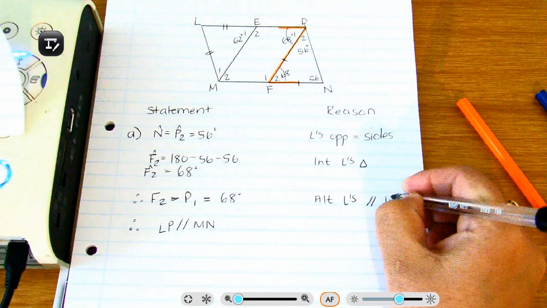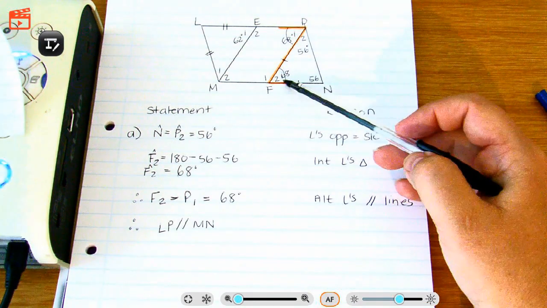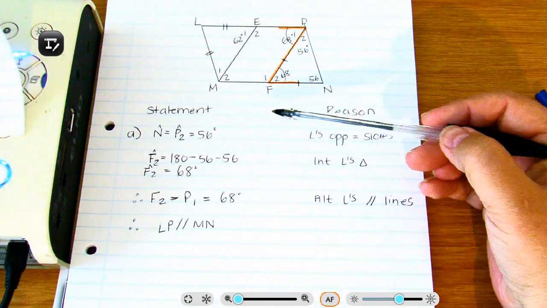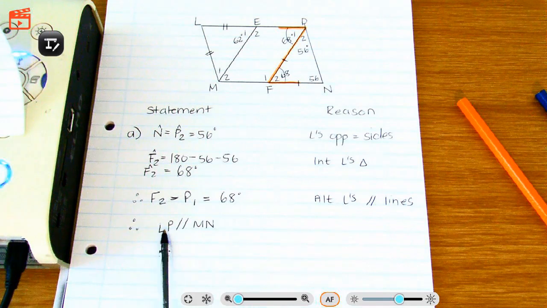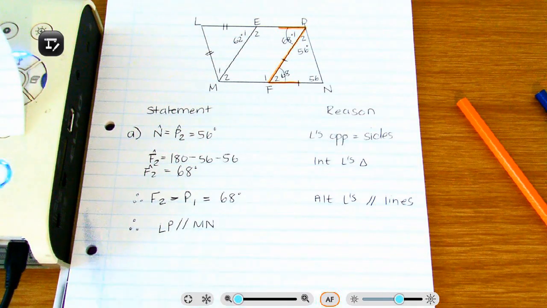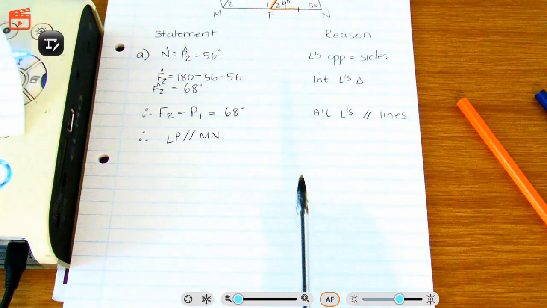Okay, so because these two are equal to each other, they form the position of alternate angles, and we know that alternate angles only work when we have parallel lines. So therefore we have proven that LP is parallel to MN. Moving on to question B. Question B, they've asked us to prove that